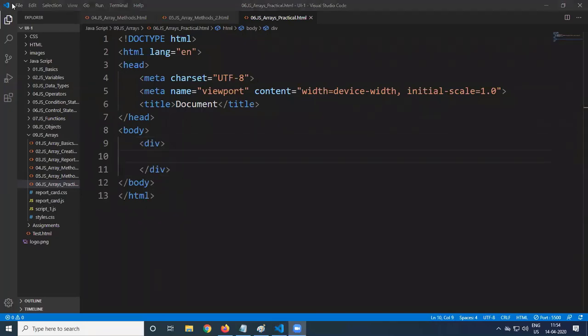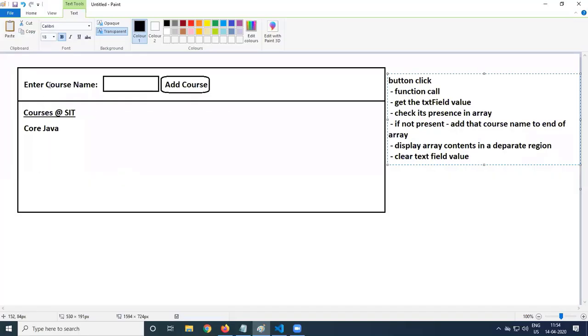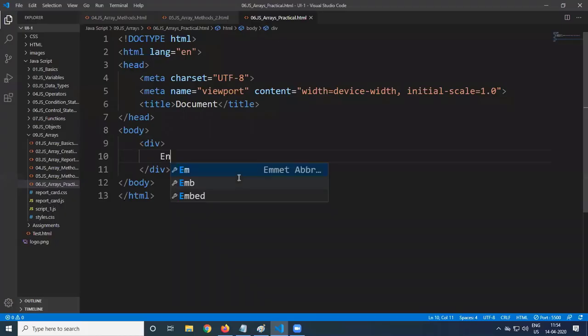Inside that, you can have a paragraph, or directly, what is that we need to have? Enter code's name. So enter a label we are giving. Label for is equal to txt code's name.